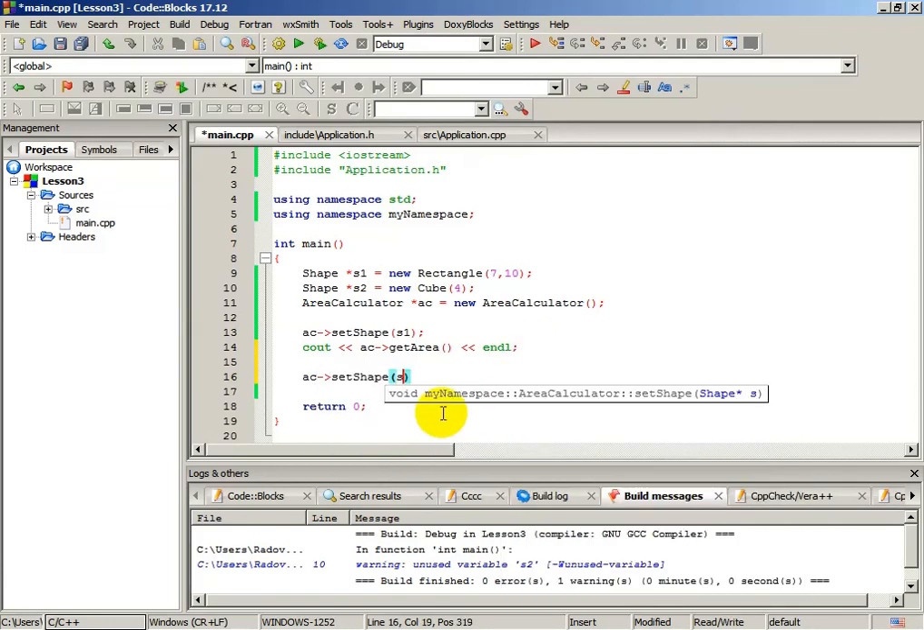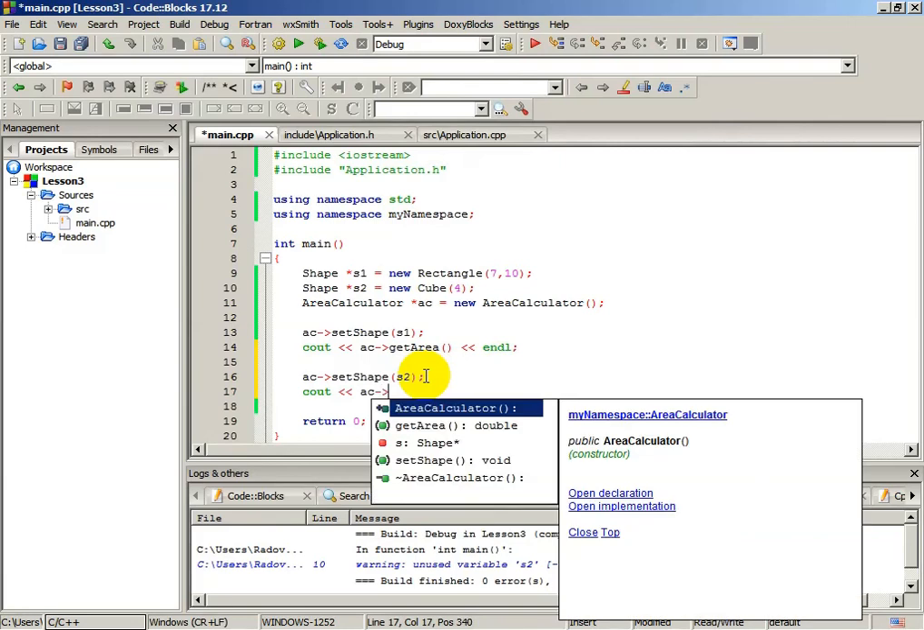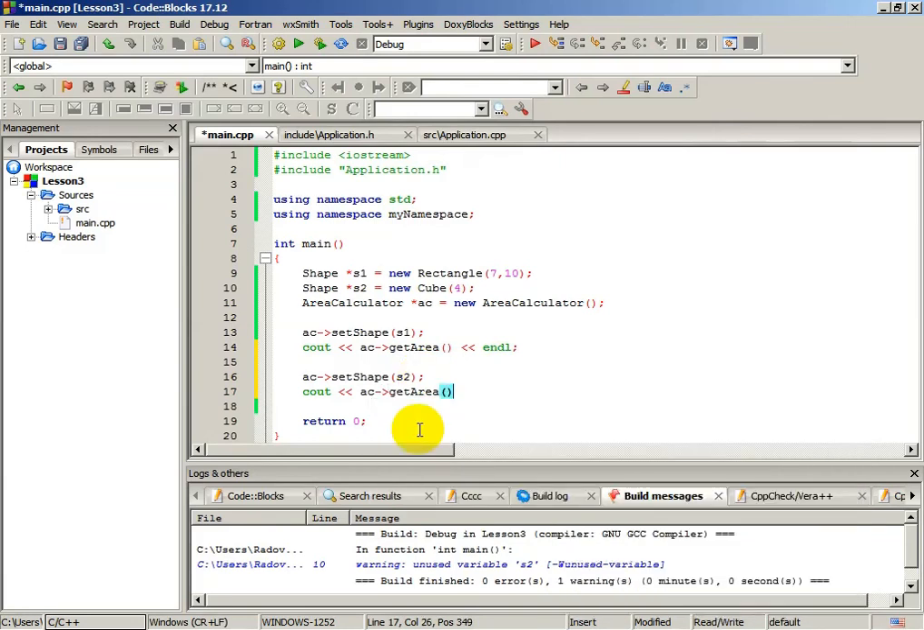Now we will call set shape again. We will change it to s2, and we also want to print. Now if we call the get area function, it will return us the area of the cube. The side is 4. 6 multiplied with 4 is 24. 24 multiplied with 4 is 96. We should have 70 as the output for the rectangle, and 96 as the output